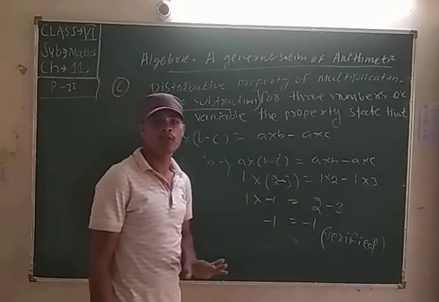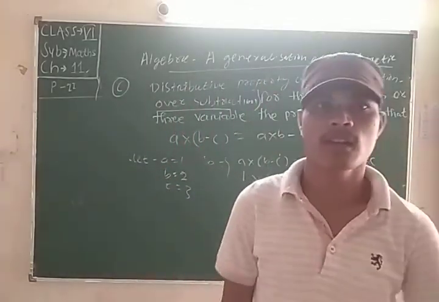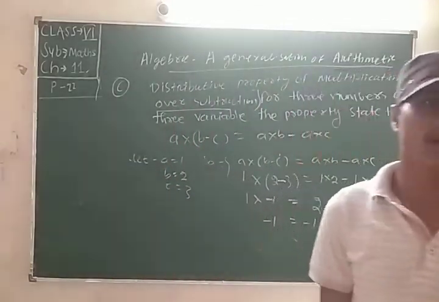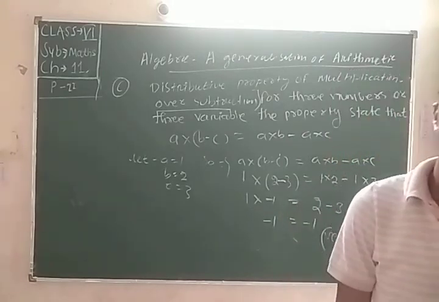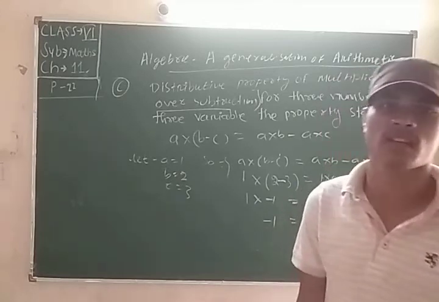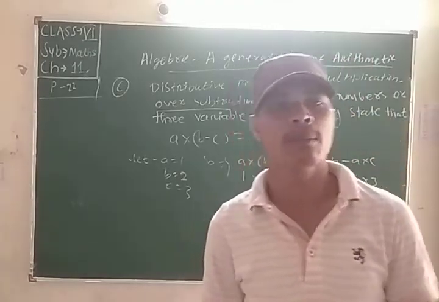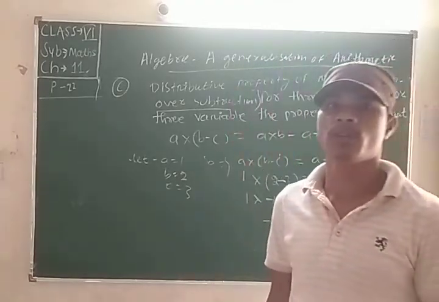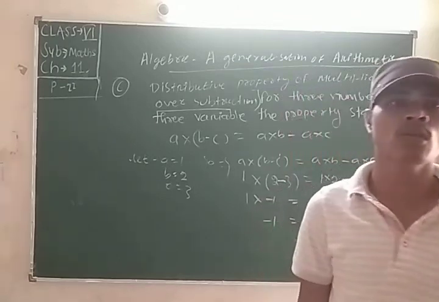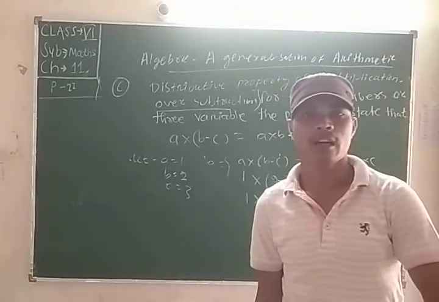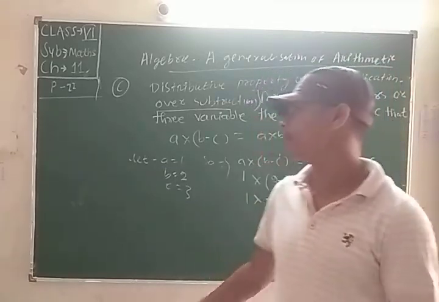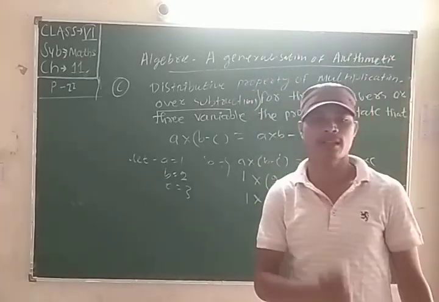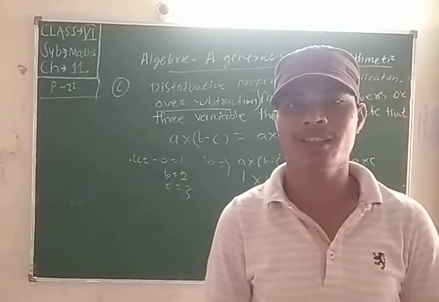So dear students, today we learned first how to represent variables and constants as patterns. Also, we learned the properties of addition, subtraction and multiplication, that is the commutative property, associative property, and distributive property. All these are true for variables and constants. I hope all of you understood it properly, and you should also practice yourself with different types of examples using these properties. The remaining topic we will discuss in our next class.